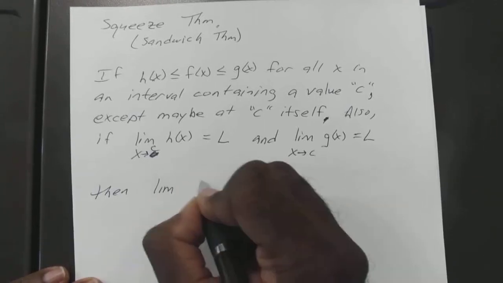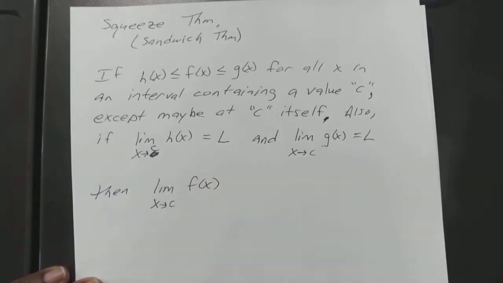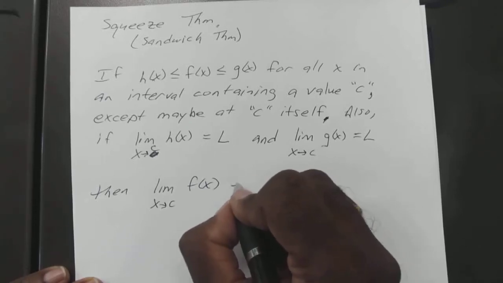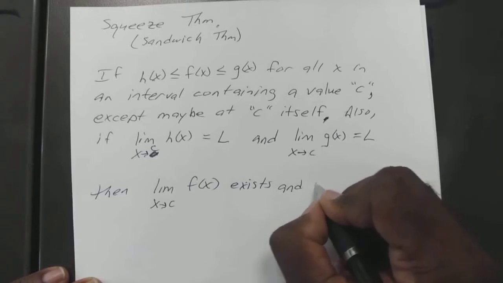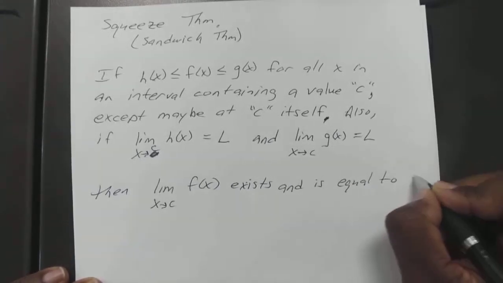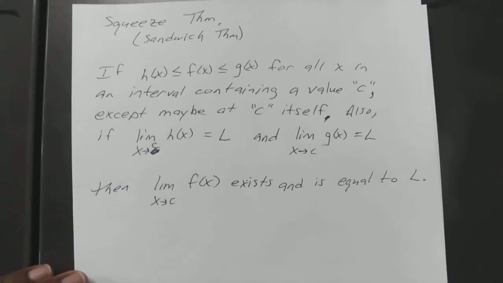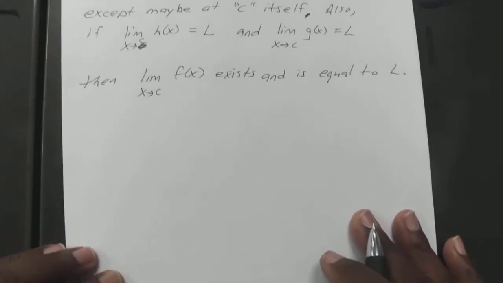Then the limit of f of x as x approaches that same c exists and is equal to L. Okay, so if the limit above it has a limit of L and the limit below it has a limit of L, if we draw that out,